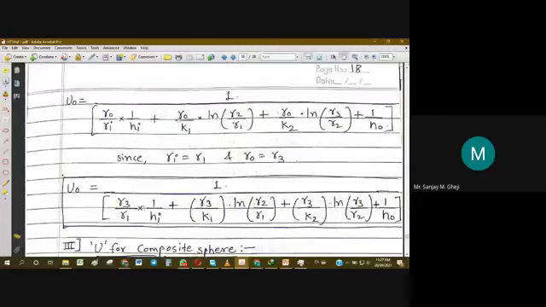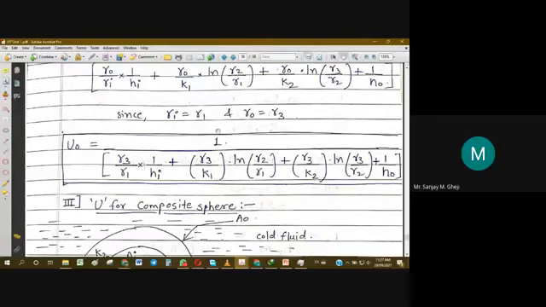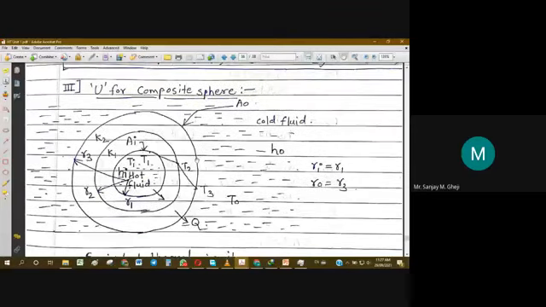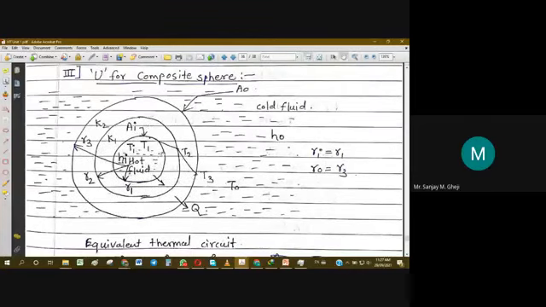What you have to understand is the general procedure of how to obtain these values. In the same fashion, we can proceed for composite sphere. If you look at the cross section, it will look similar to the composite cylinders case. Again, composite sphere can be thought of as some storage device or storage tank in the spherical form. Let us say some hot fluid is stored in this inner shell or inner spherical tank, and